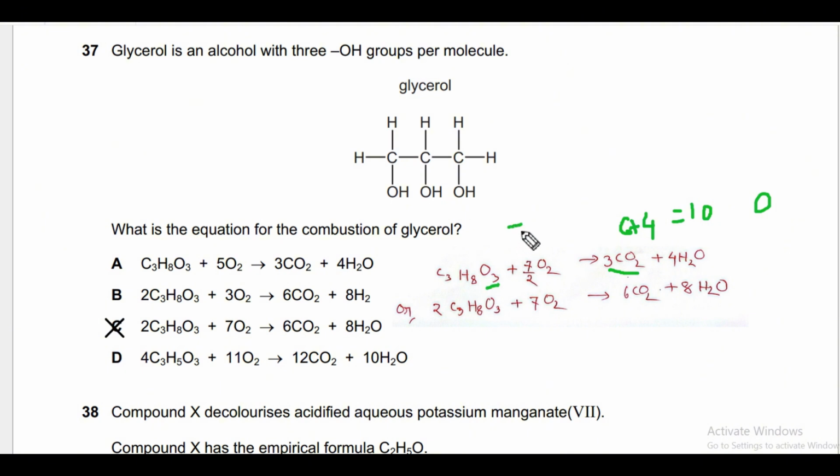So we need 7 by 2 O2, which means 7 oxygen; the 2 cancels, 7 plus 3 is 10 oxygen. If you multiply by 2: 2 mole glycerol, 7 mole oxygen, 6 mole carbon dioxide, 8 mole water. So C is the right answer. Next,